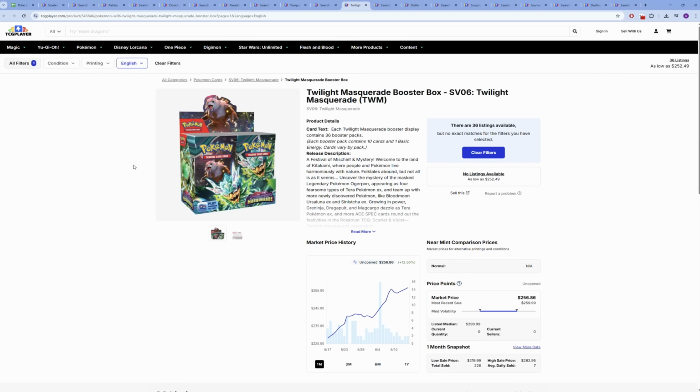Next up, we have Twilight Masquerade. This is a box that has been steadily climbing over the past month, and no one's really been paying attention to it. I think it's been more actually like 2 months at this point. You can see here, end of March, early April, this box was down to $207. I thought at that point when a lot of the other SV era boxes like Paradox Rift, Temporal Forces, SV Base,